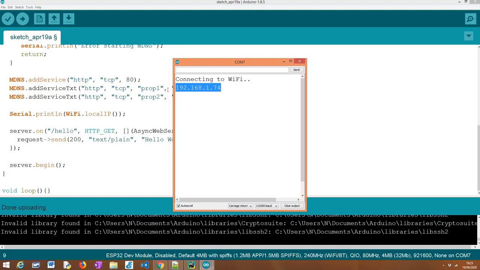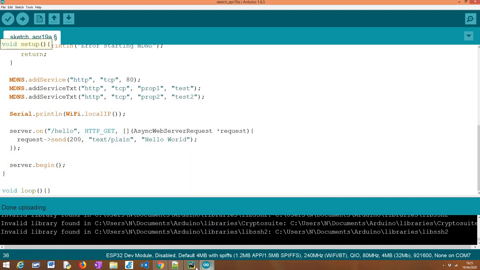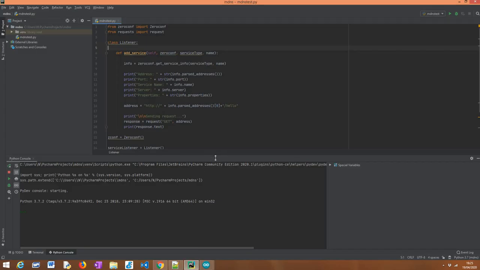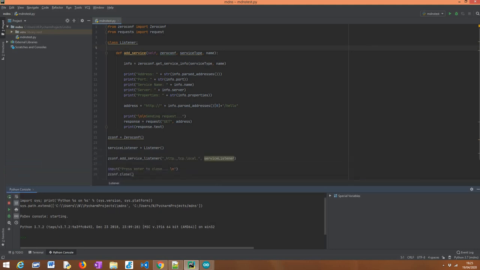I'm using PyCharm. It's a very nice IDE for development from JetBrains. Obviously, you can use any Python tool of your choice. I like this one. I used to use IDLE, but this one is also very good. And basically, we are going to depend on two modules, okay? One of them is called ZeroConf. Basically, it's an implementation of a module that allows us to precisely query mDNS services.